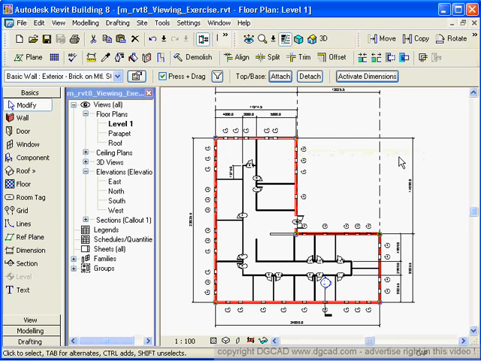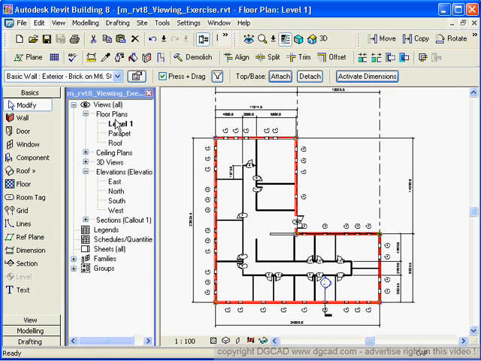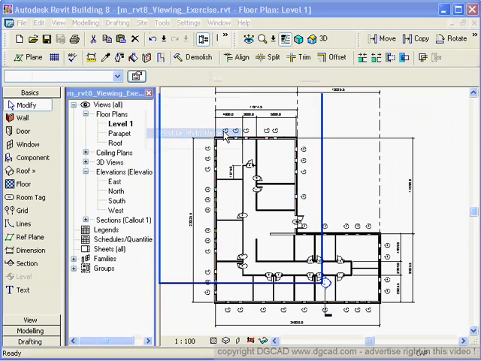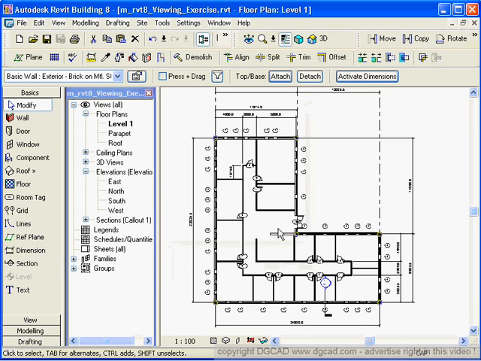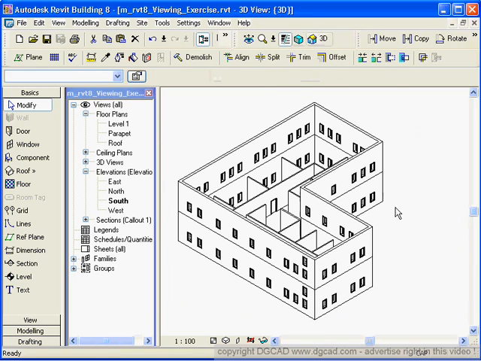Pause, tab, click, grab them all, and I'm going to say edit, and I'm going to say copy to clipboard, and then I'm going to say edit, paste, aligned, and I'm going to pick my level. I'm going to put it on level parapet, hit OK. Second story building on there, and now when I go to my south elevation, I have that,